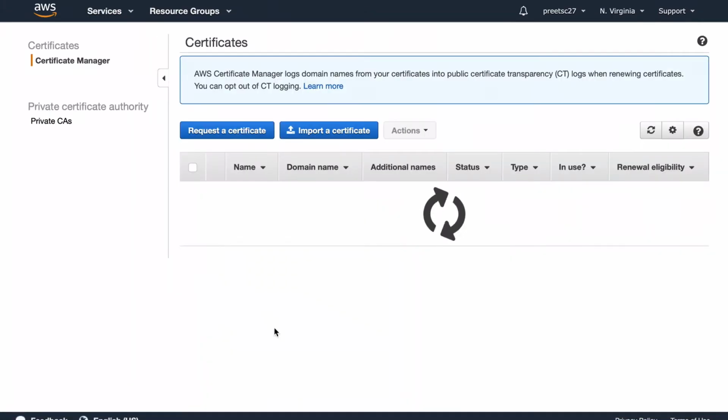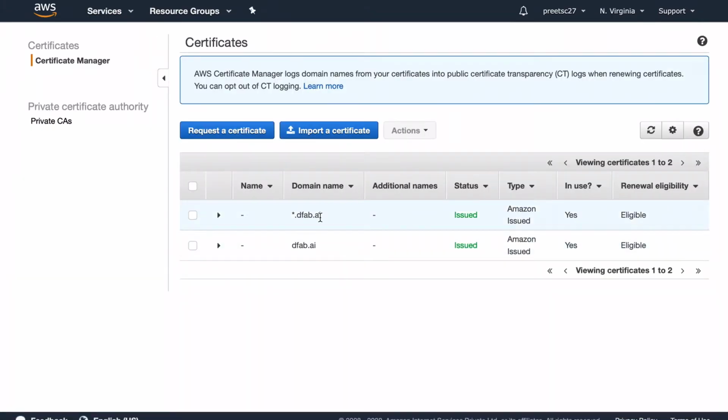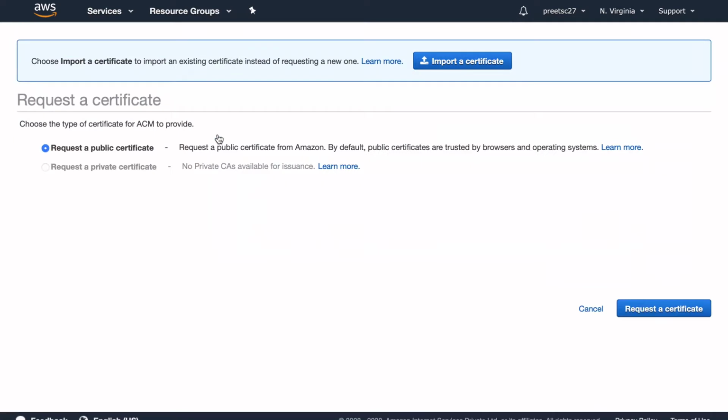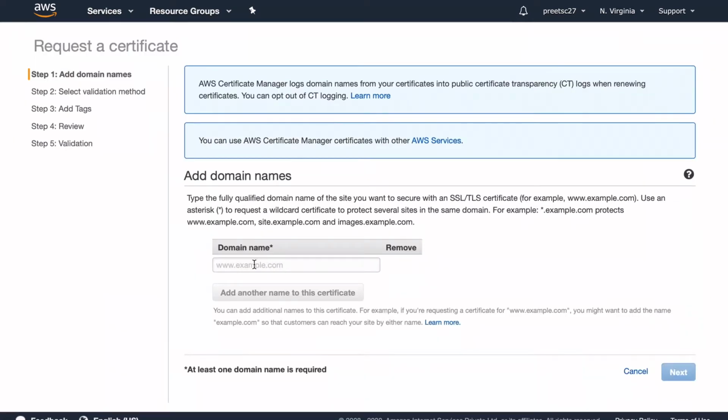And we're going to get redirected to the same page. This is my previous domain. So I request a new certificate. So request a public certificate. Yes, request a certificate. And the domain which you're gonna write is